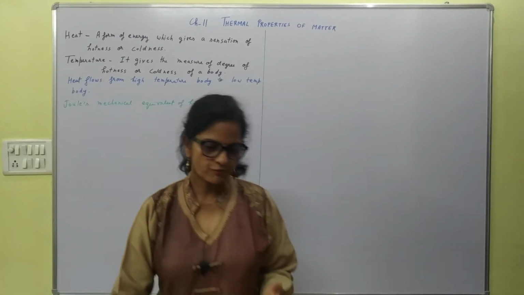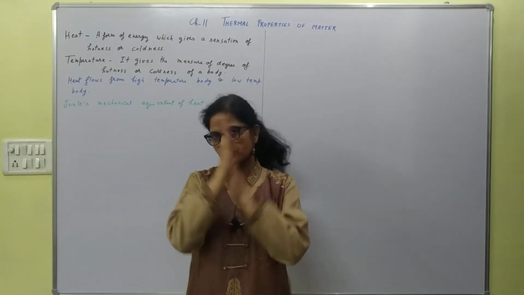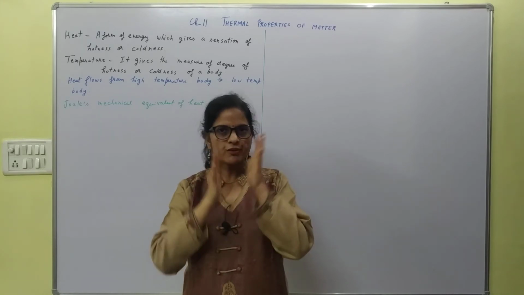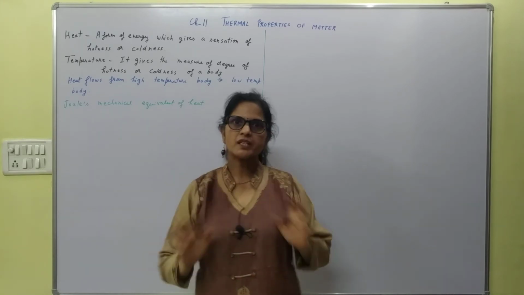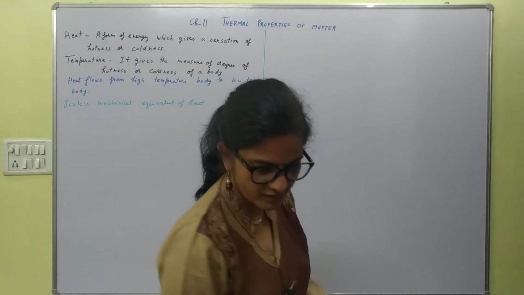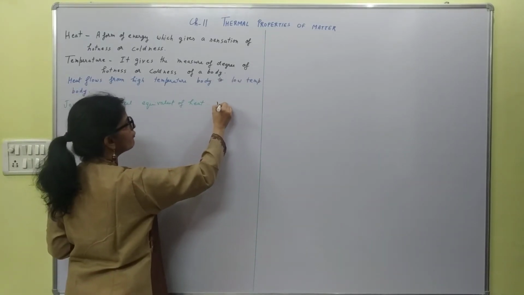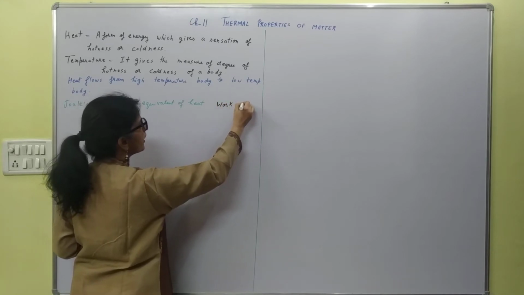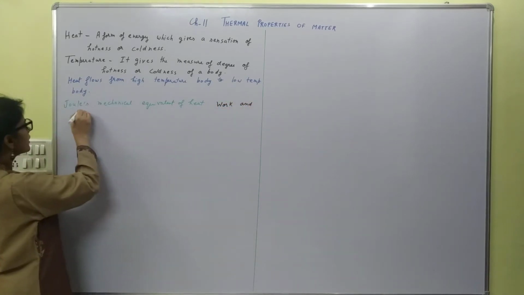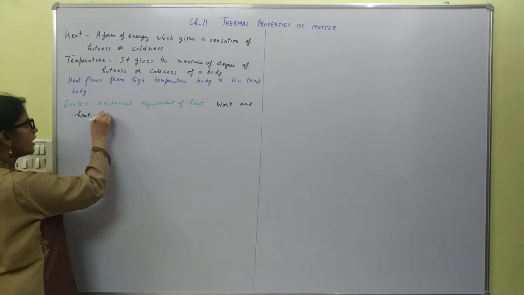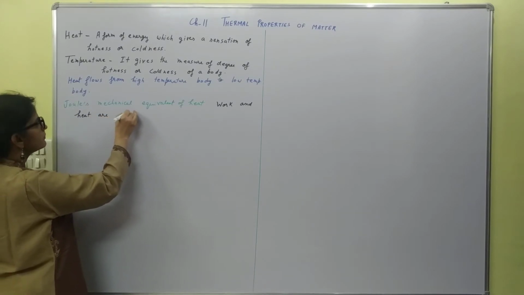We also know that when we rub our hands in the winters, heat is generated. So whatever work we are doing is converted into heat, which is generated in our hands, right? So we can say that work and heat are interconvertible,